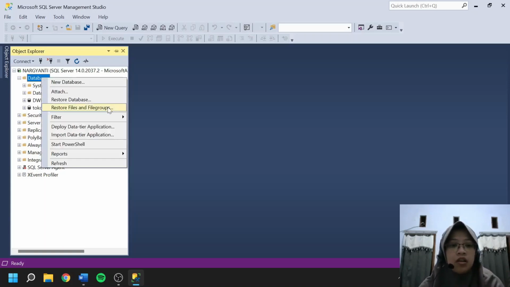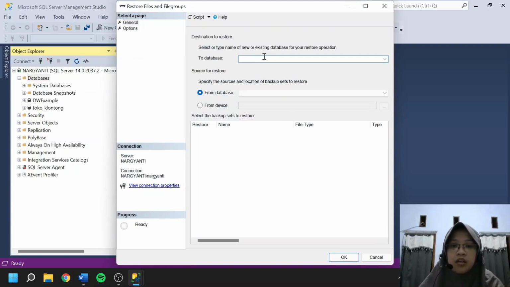We can right click and choose Restore File and Filegroups. Then we type the database name, which is Toko Paroka.